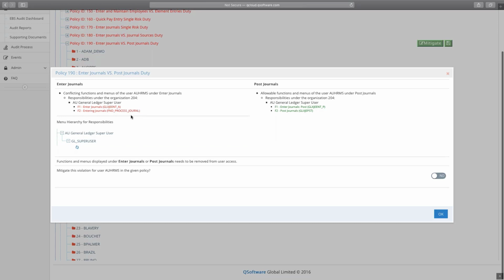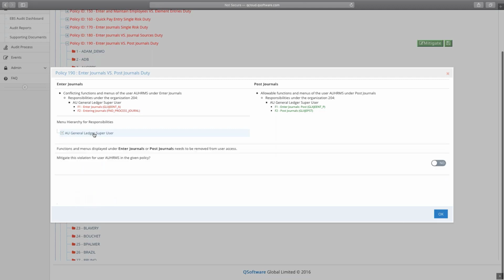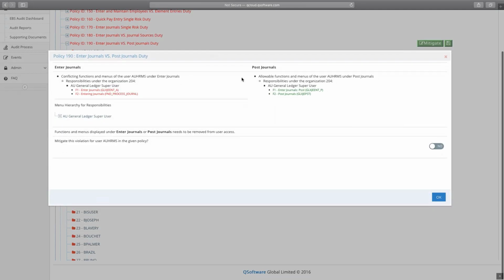Now, the next question that I'm always asked is there are cases where in a company you may want to have that person do both sides of this equation. Auditors will want to know that and understand why. Our software, when you perform audits, allows you to do that. You can actually mitigate this violation. So if I turn this on